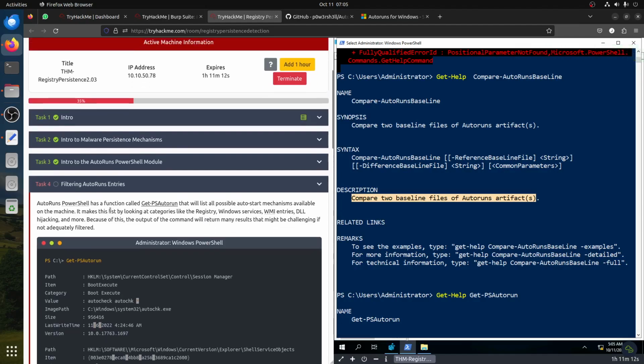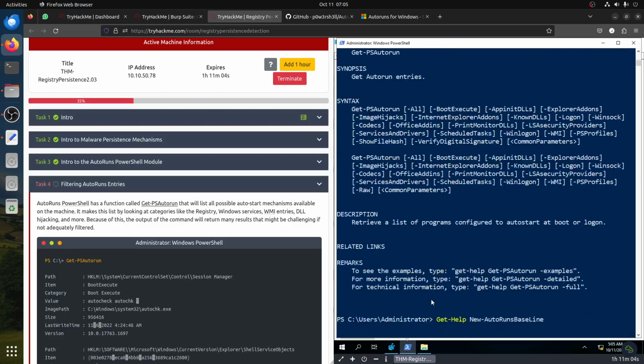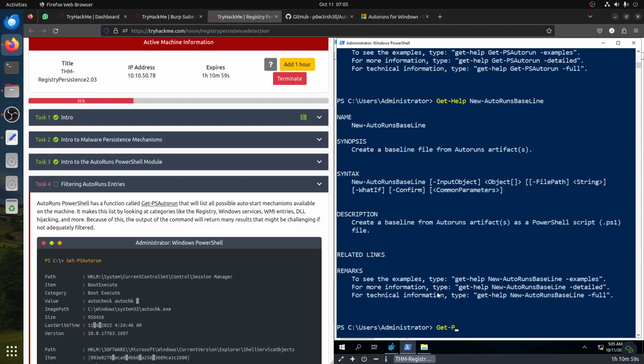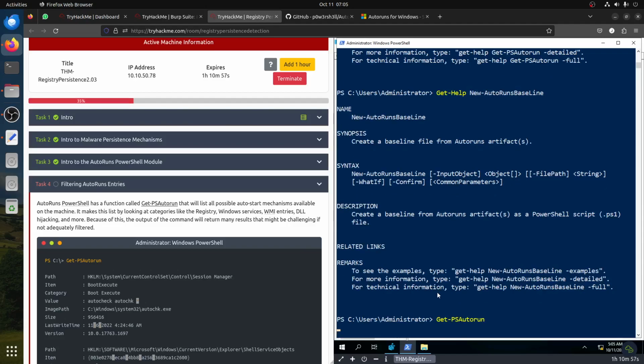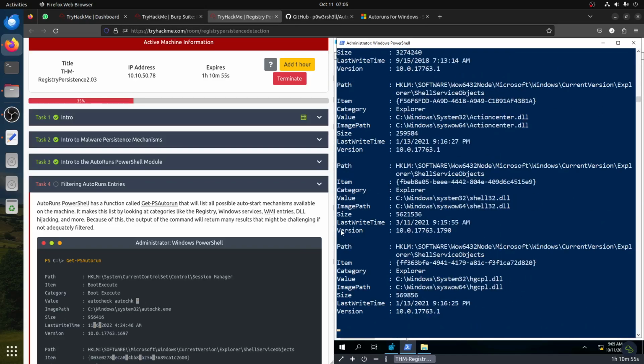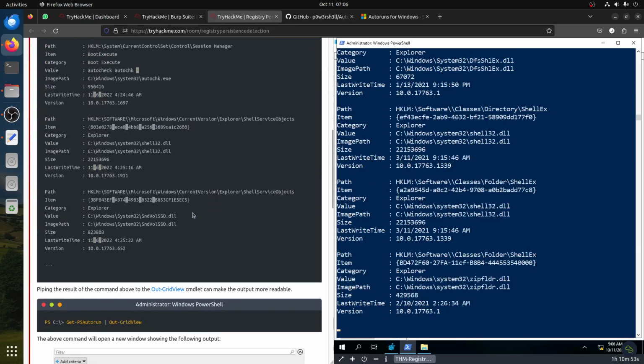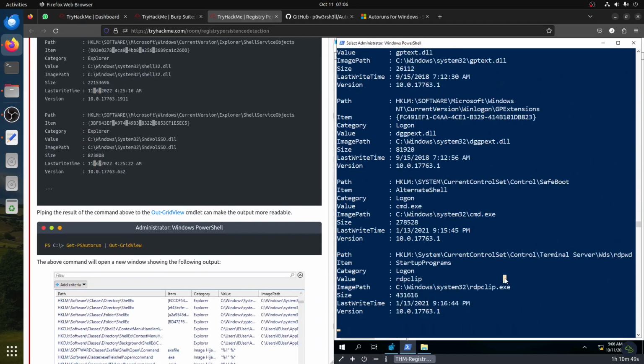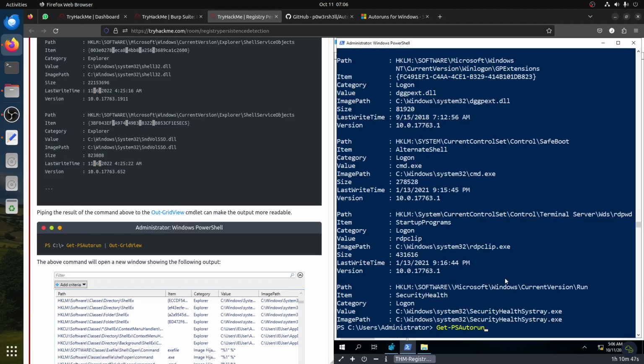AutoRun PowerShell has a function called PS AutoRun, which will give a list of all of it. So if we type this function now, we'll see Get-PSAutorun. You can see there's a lot of information going out. It will run. So the best way, let's Control C. To look at it nicely, we need to use